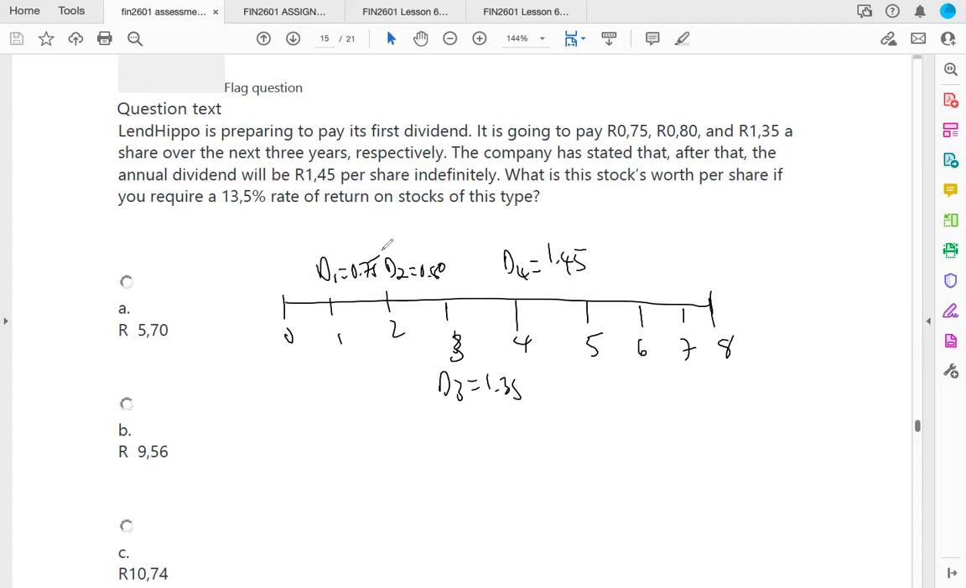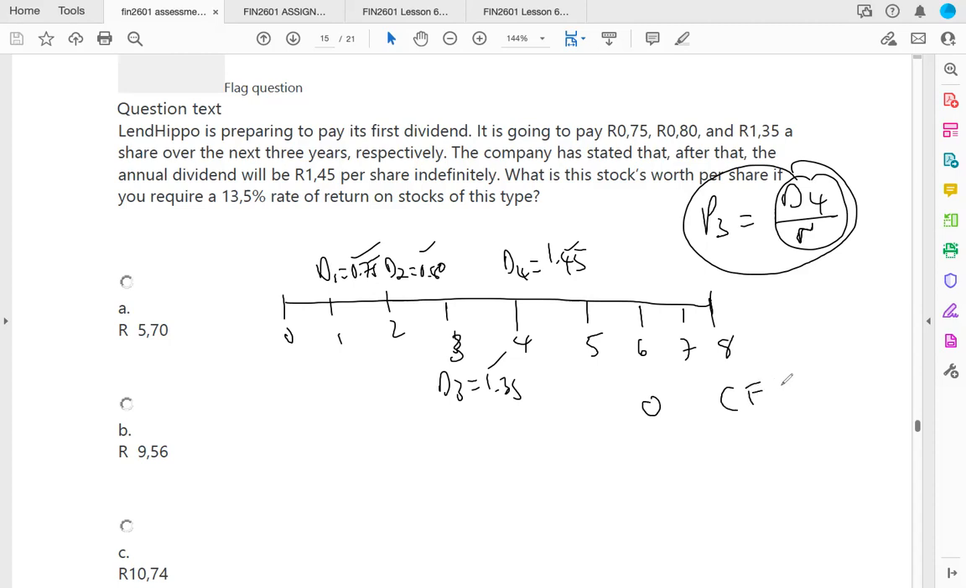So the first step, determine all your future dividends. Second step, determine the price of the share in the year before the last dividend. We use this formula because we assume that the dividends are not growing. So this is the no growth model, which just says D4 over R. We determine that price P3, and then after that, we discount our cash flows,